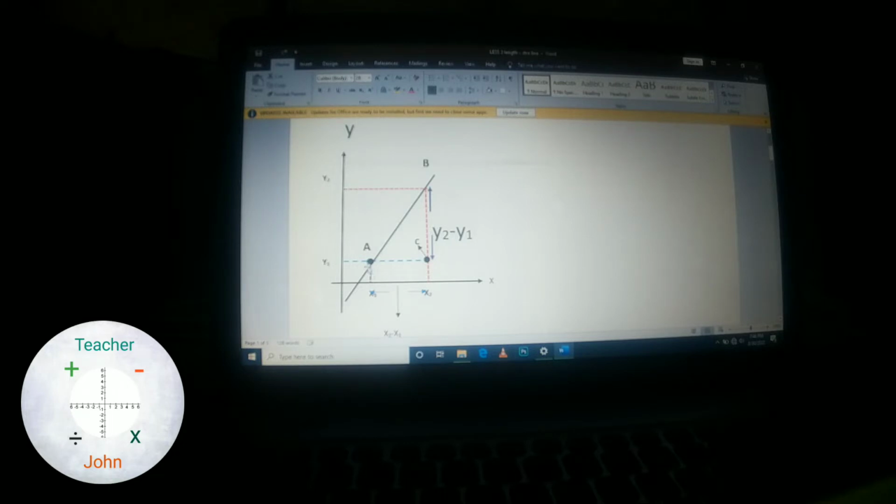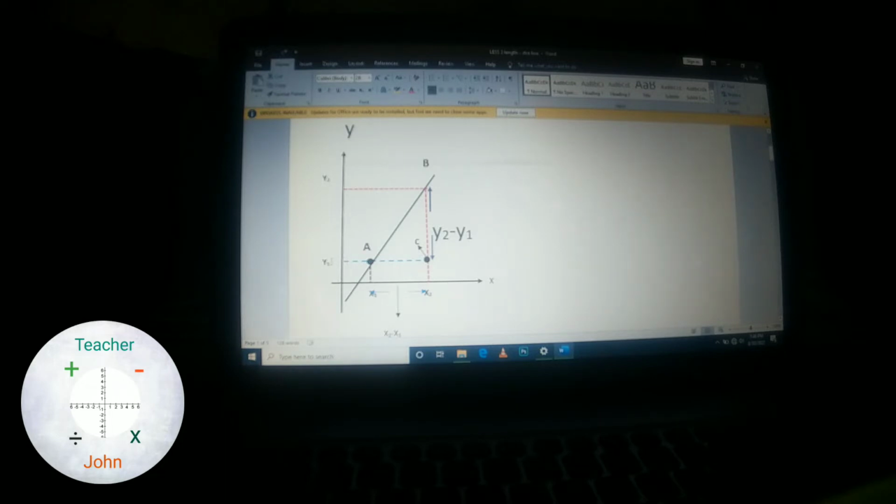So where they meet the x-axis, the first value from the origin, let's say it is x1, and the last value, let's say it is x2, and also the first value from the origin on the y-axis,